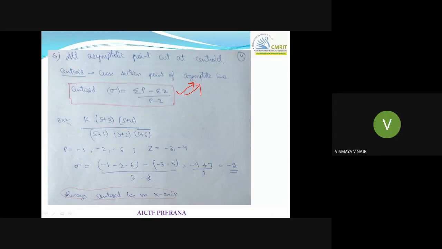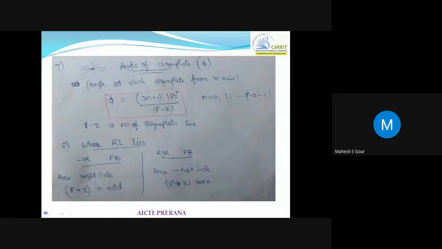Yes, sir. Okay. Whoever attended my last class will know why I make you write formulas: it will be pretty easy for you. You will not have to refer again or break your head. Once you can see the formula and solve the problem, no issue. Later, when you practice some 10-15 problems, the formula will be automatically in your brain. No need to mug up. The next thing is the asymptotic angle. You need to write this, and you need to write the value for n also. n varies from 0 to P minus Z minus 1.